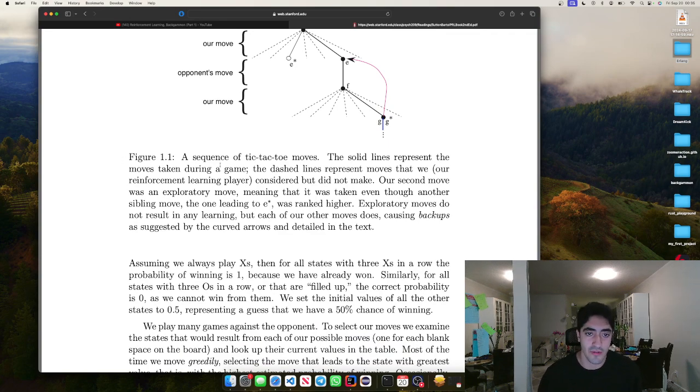Figure 1, a sequence of tic-tac-toe moves. The solid lines represent the moves taken during the game. The dashed lines represent moves that